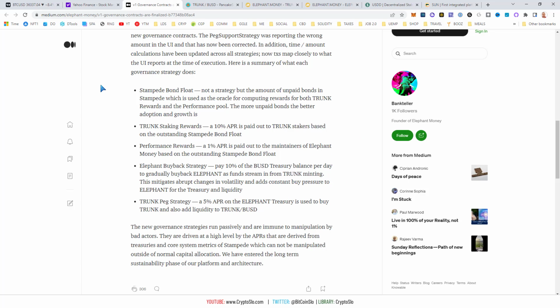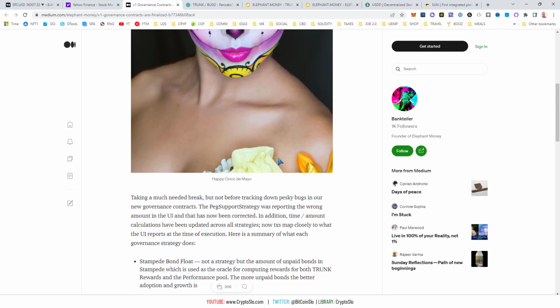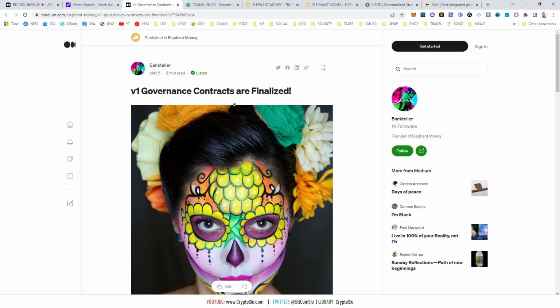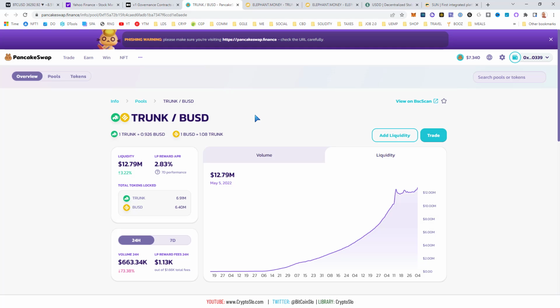So these are new, super secure, isolated contracts that are autonomous in the sense that they're not from human interaction. It keeps bad actors from affecting these treasury funds. So we're going to continue to see positive pressure on the system with these new contracts in place, and they do provide some flexibility as far as keeping the system running.